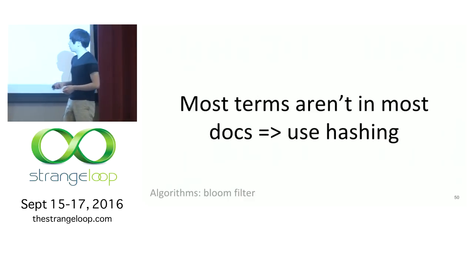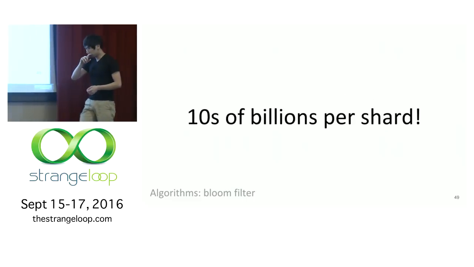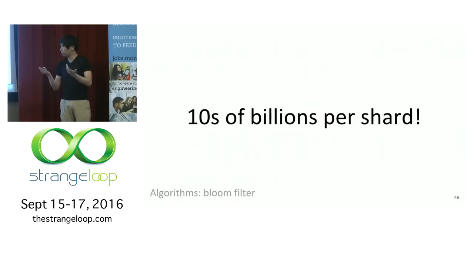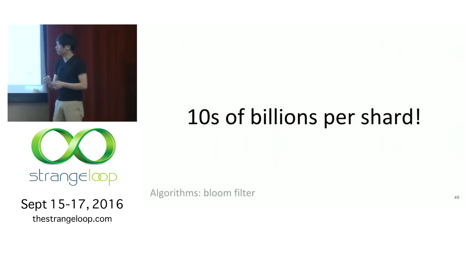So anyway, if you have tens of billions of terms per shard, let's say 30 billion, imagine you use an incidence matrix. Let's say you have an int in each entry, 30 billion times an int, that's maybe 8 bytes. That's 240 gigs, and that's just for one document. That's not for the whole index. So that's clearly not going to work.